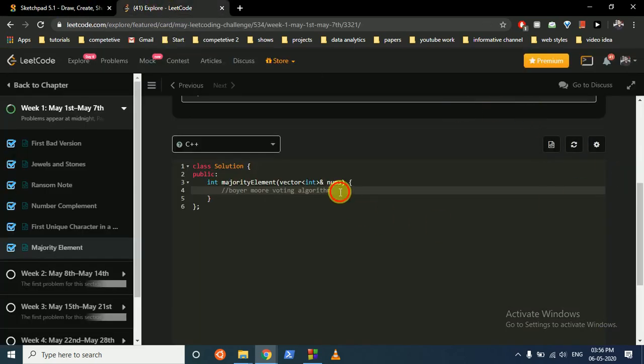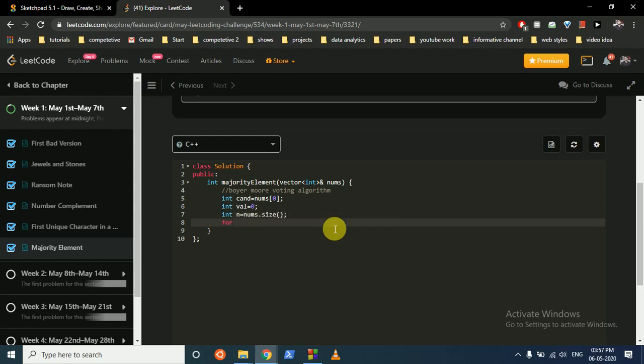So we'll move directly to the code, and what we'll do is we'll assume our candidate for the majority element to be the first element. Because it's non-empty, we can take it to be the 0th element, and we'll make our value which stores the count. We'll also store the size of nums. Okay, now what we'll do is we'll iterate over the nums array,